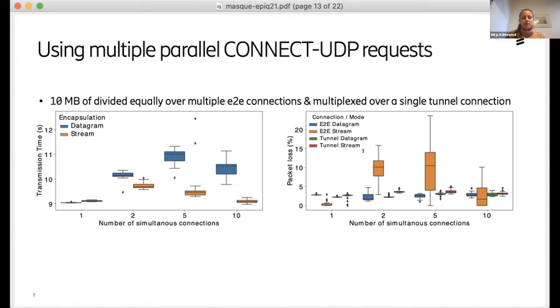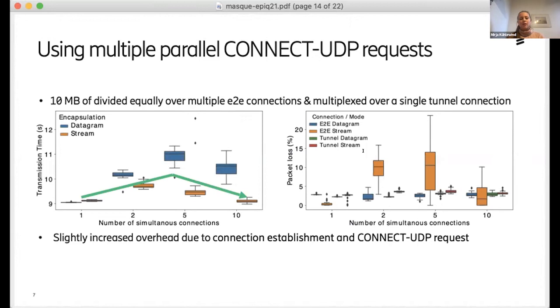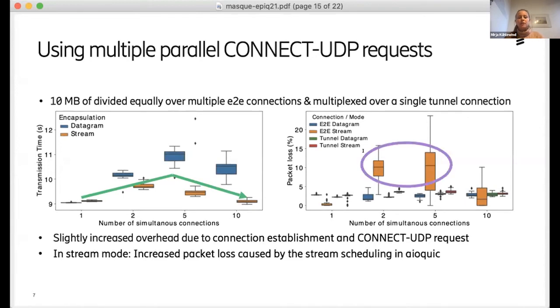And this was not really expected. What we see here is that when you have more connections, somehow your transmission gets slower. And then the more you add, it gets kind of faster again. What was expected is that you have a little bit more overhead when you have more CONNECT-UDP requests, but that wasn't expected. And what we figured out when we looked at this loss graph is that, at least for stream mode, we've seen quite high losses for the cases where we have had 2 or 5 connections. Then we dug a little bit deeper and figured out that this is actually spurious retransmissions effectively,